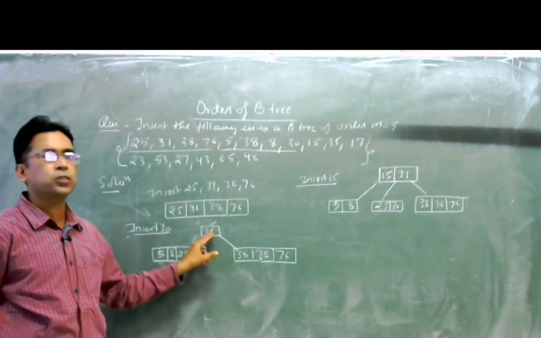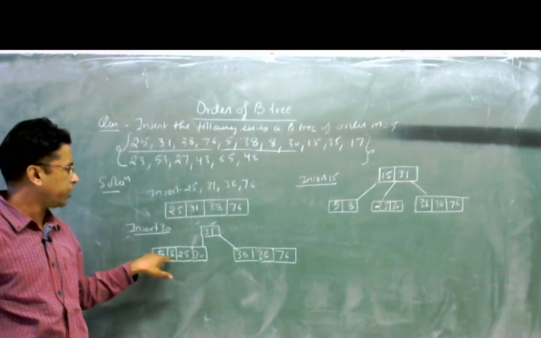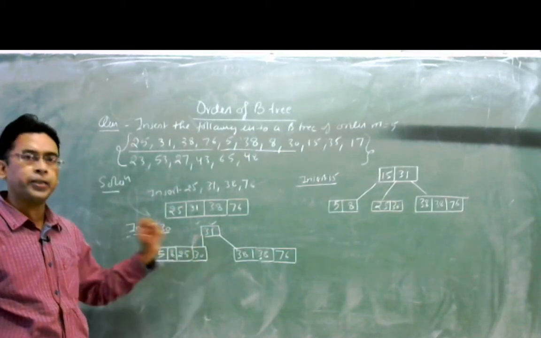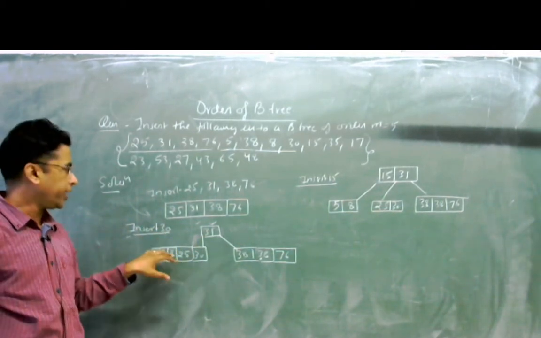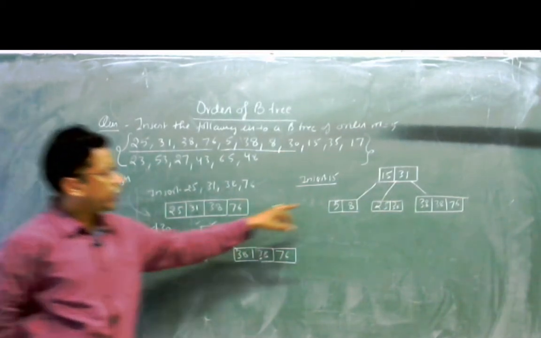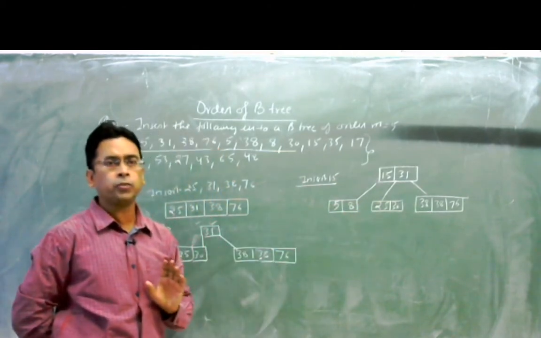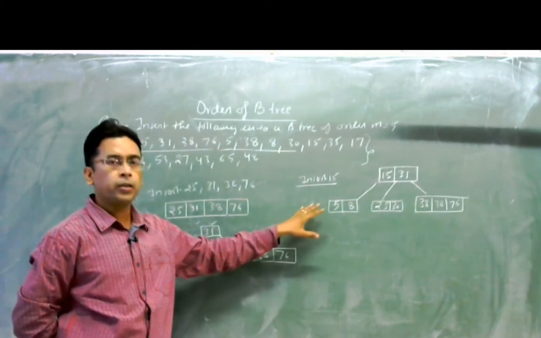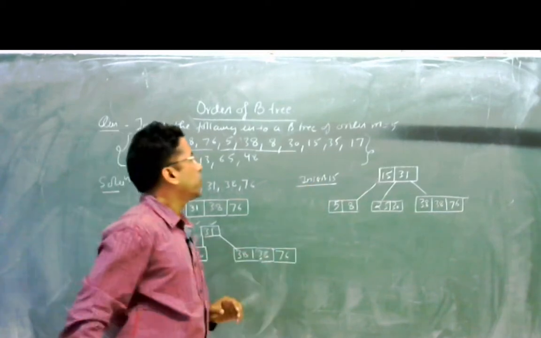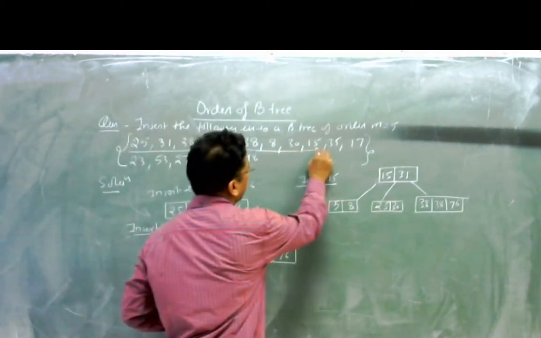Then we split this node, with this as the root node. In this situation, when we assume that 5, 8, 15, 25, 30 come in a sequence, then 15 is at the third node, the median position. That's why this 15 became the root node, and in this way the splitting occurred.